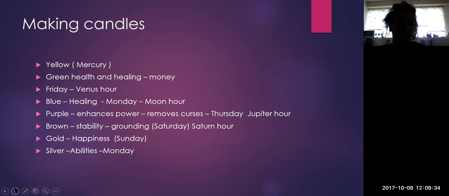At the moment I'm here in the UK under the ruler of the day, which is the moon, and the ruler of the hour, which is Venus. So we're now in a love hour. So that's how you look at it. So Friday's a Venus hour, etc. This is amazing. So that's what you would do.